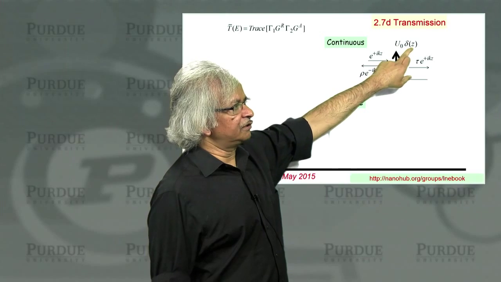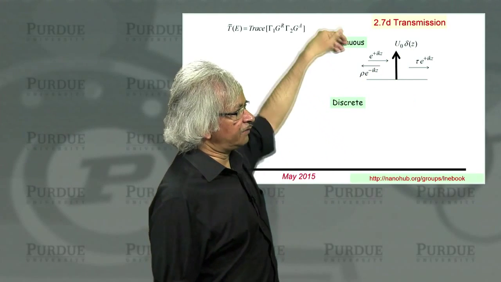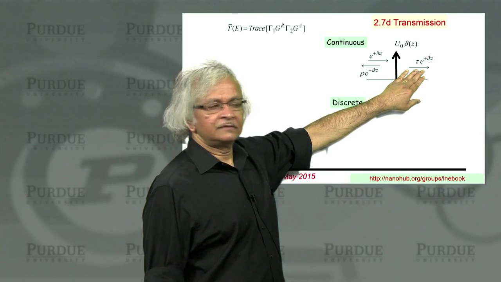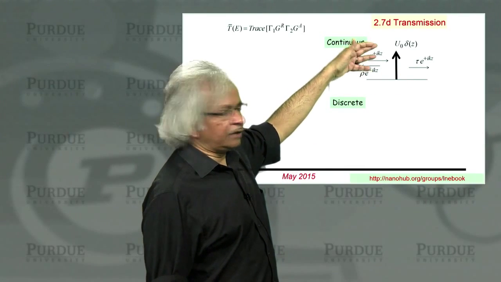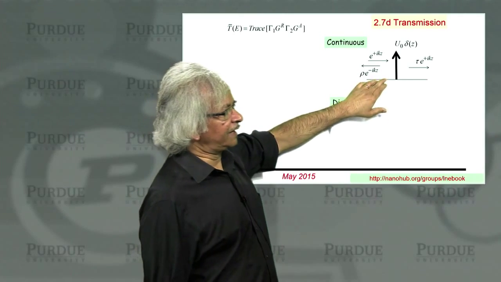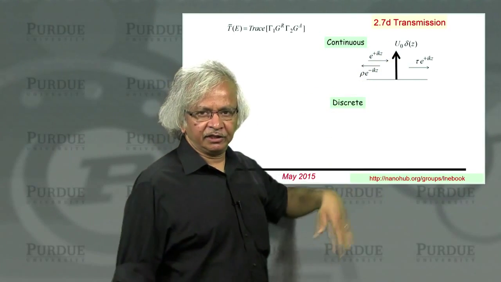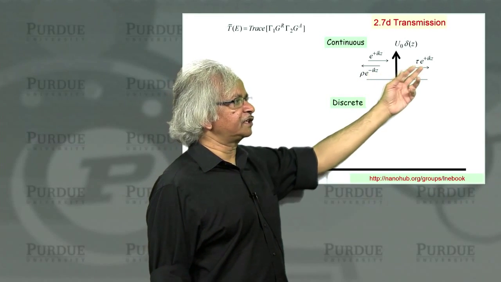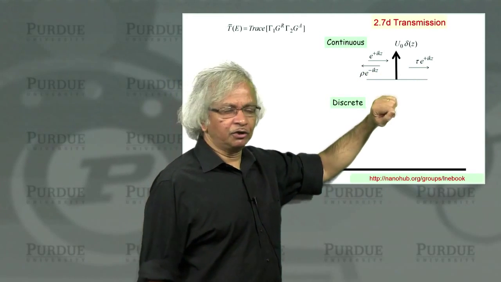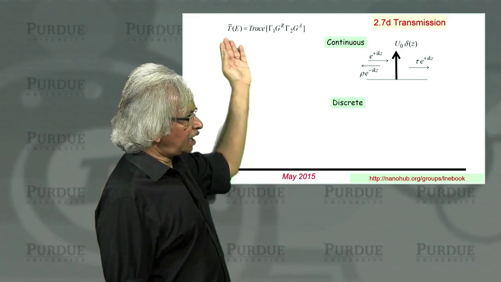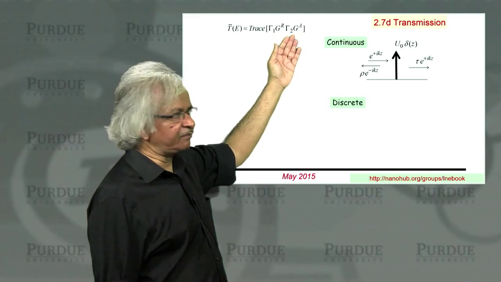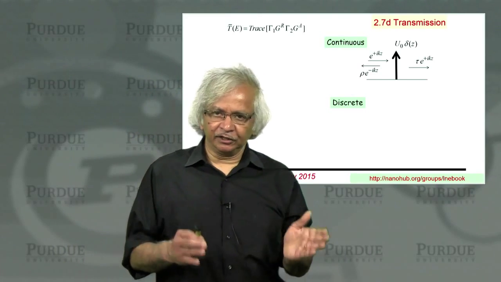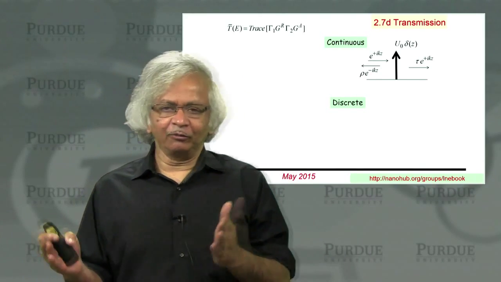So you have a U0, a delta function at z equals 0. You have an incident wave, a reflected wave, and a transmitted wave. And one of the things you do in elementary quantum mechanics is you try to use the continuity of wave functions and their derivatives to calculate the reflection and transmission. And what I'll show you is that by using our expression based on the NEGF method, you'll get the same answer that you would have got if you had done it the usual way, the way one does it in quantum mechanics.